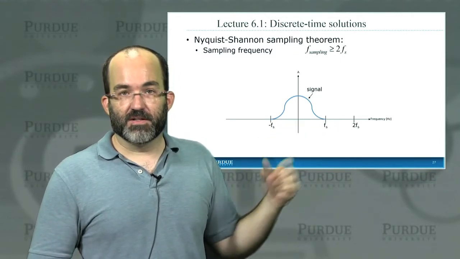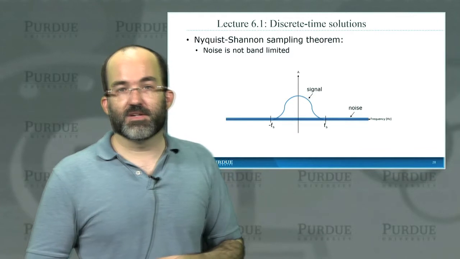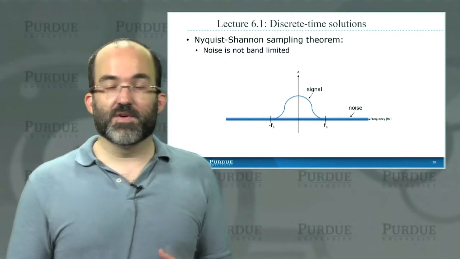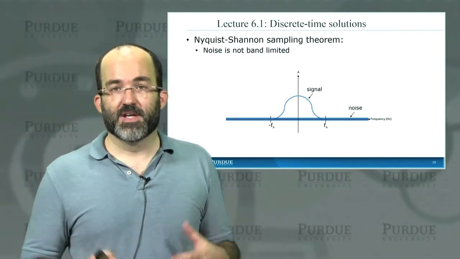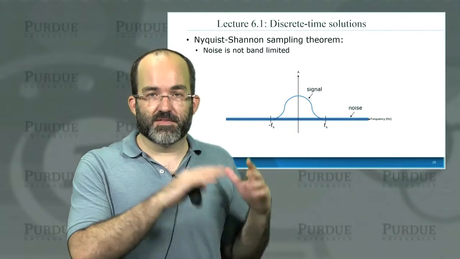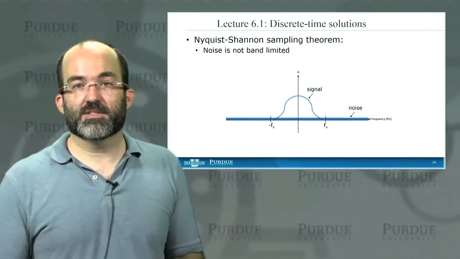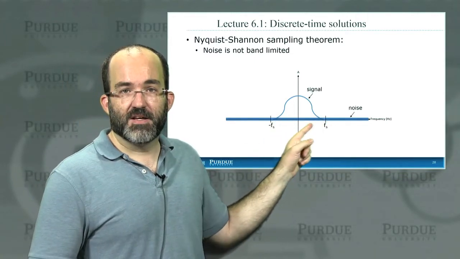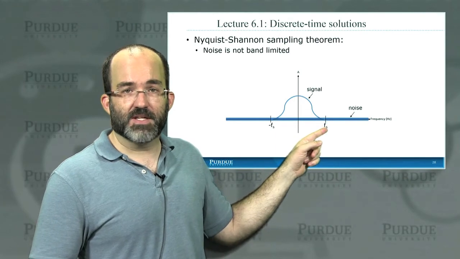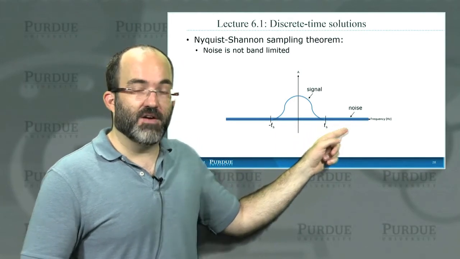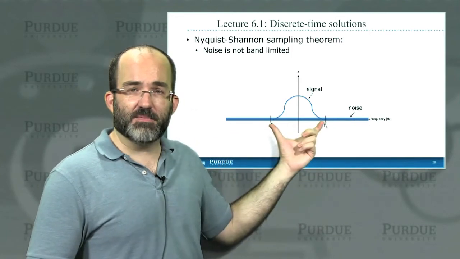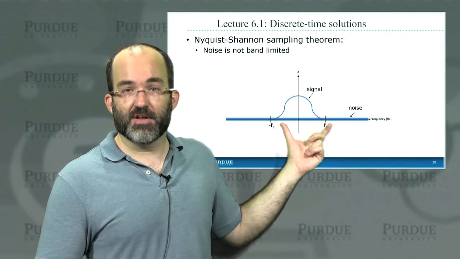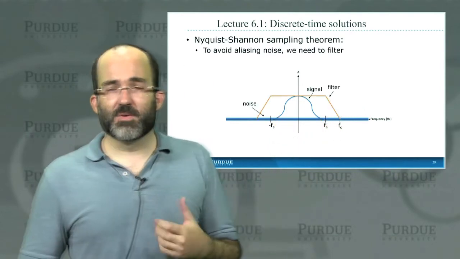But what it doesn't account for, on first examination, is the presence of noise. So every signal has noise, and there are always different sources of noise, but one of the ones that you're going to find in every case is what's called white noise. And white noise is an evenly distributed noise as a function of frequency throughout all frequencies. And so white noise exists everywhere. And so if we now sample at twice the highest signal frequency, we're going to alias a bunch of the white noise that's out here on top of our signal. We're going to be adding noise to our signal and giving us the impression that we're seeing neurons that don't actually exist. So what we do is we filter.